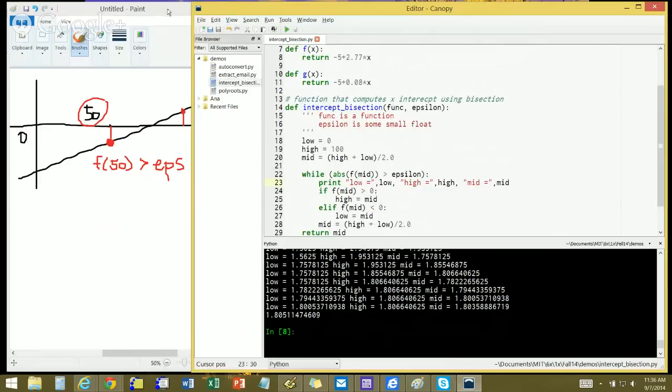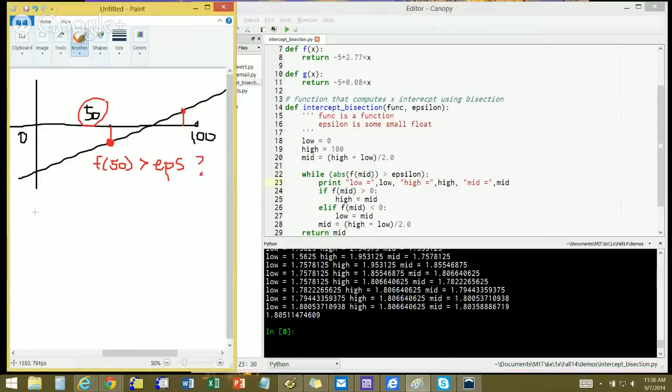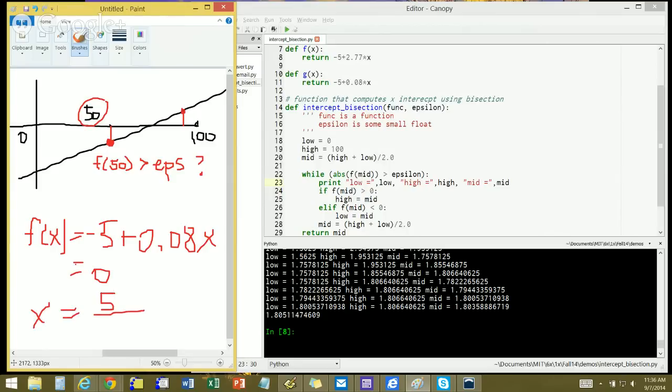So you can do something like f of x equals -5 plus 0.08x, and the place where we intercept the axis is where this is 0, and we can just solve for x is equal to 5 divided by 0.08 in this case, and that should be, if I get out my calculator,